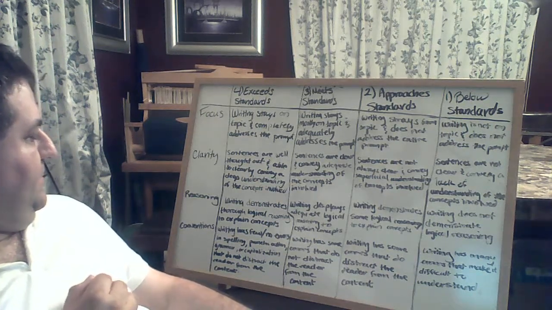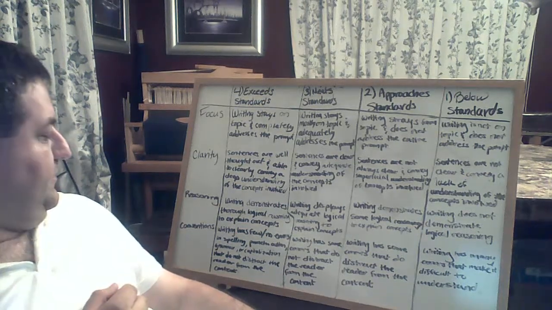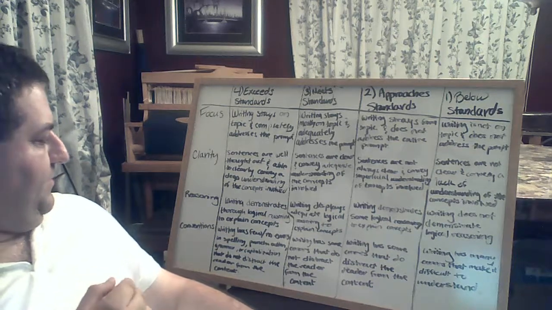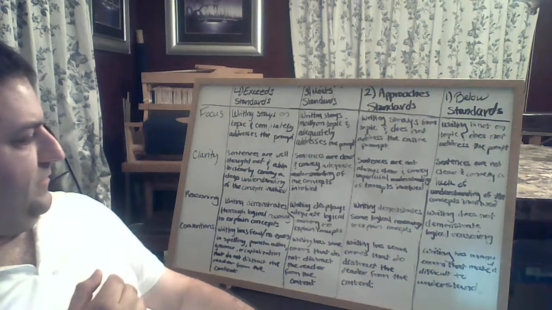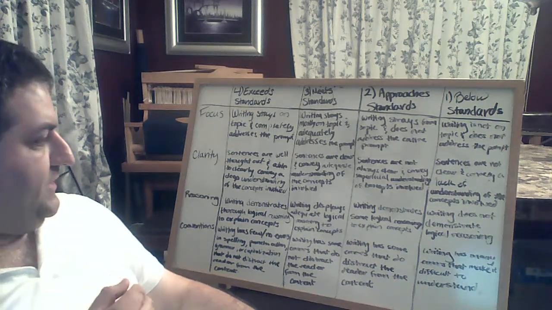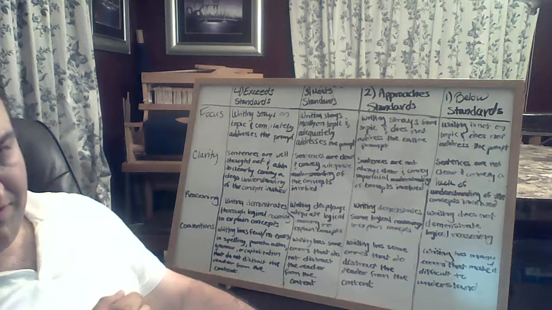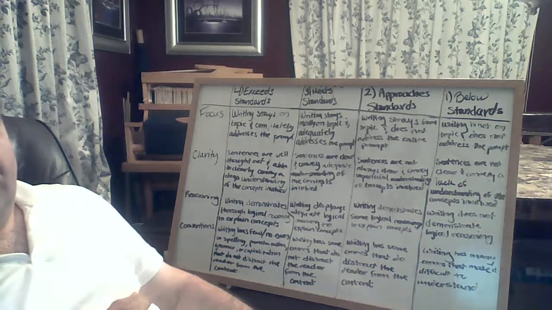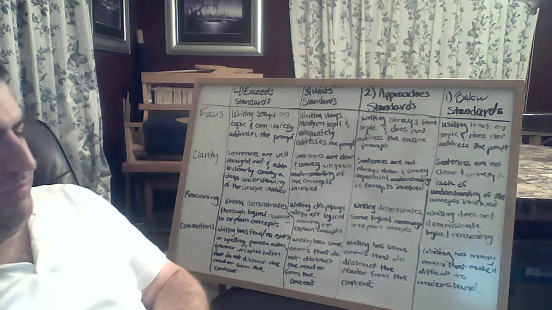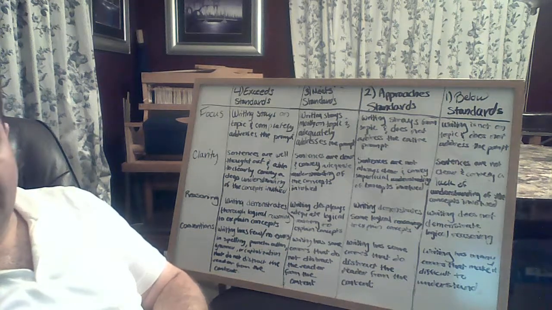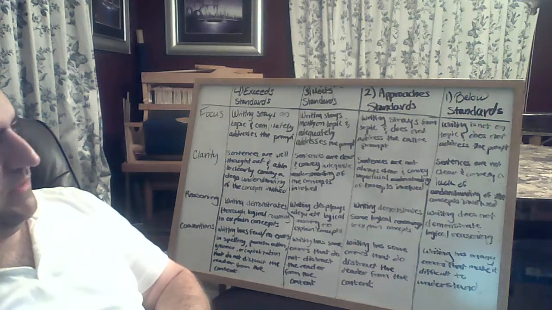On conventions, once again, we need to be able to read it. So the grammar, the punctuation, capitalization does not distract. For a 3, there may be some errors, but still does not distract. For a 2, it begins to distract, and number 1 is completely distracting and you can't understand it. So that's my rubric, and as I envision this being a final unit assessment, that's where it stands, that it would be graded as such, and